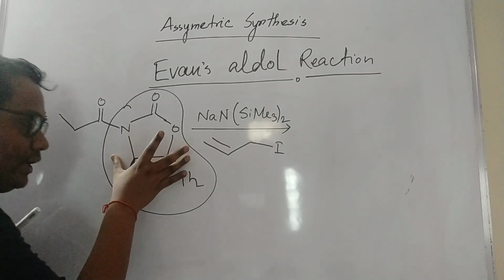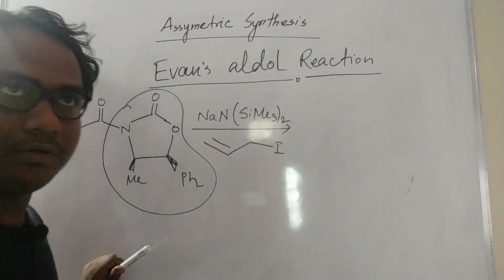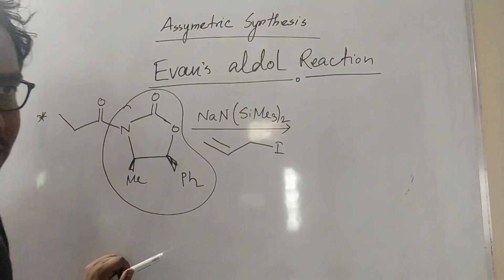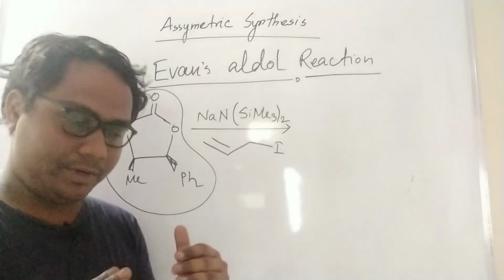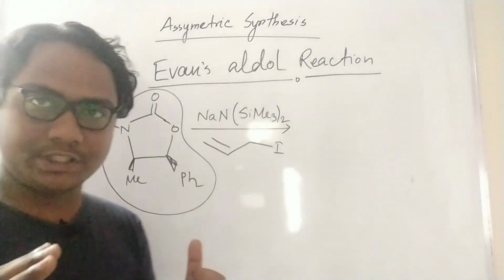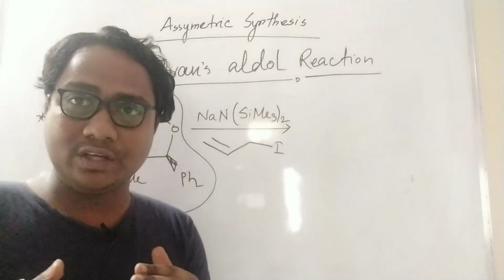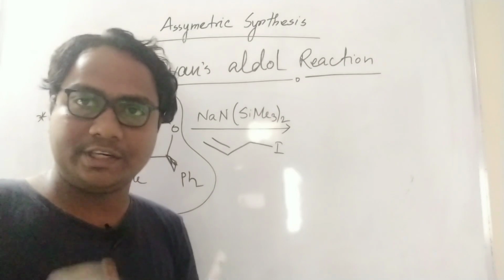I already told you in the first portion of this video what a chiral auxiliary is and what its purpose is. For understanding, I took this example, because every time in this question they give the Evans aldol, but you are not drawing the six-member transition state. I will show it, but you have to learn some short tricks about that.